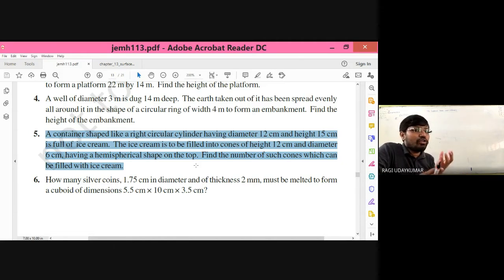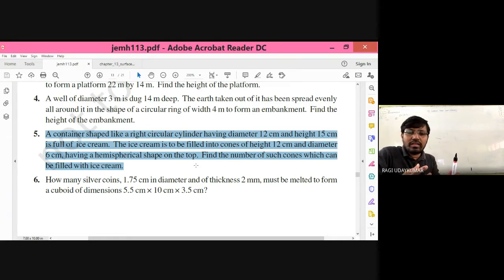So that is nothing but the volume of one ice cream filled in the cone is equal to the volume of the cone plus the volume of the hemisphere. The number of cones is what you are asked to find out. The hemisphere's radius is the same, because it sits on top, so you can consider the radius of the hemisphere equal to the radius of the cone, and here diameters are given to you. So be careful. It is not a very complicated problem. You can do it. Can you do it? This problem I am giving to you as homework.